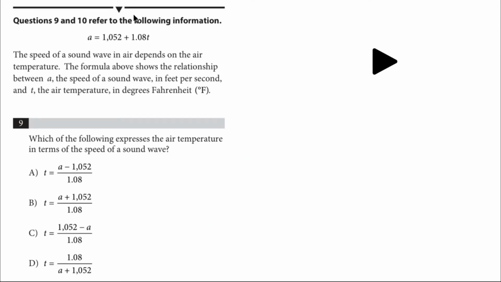Now this is a double problem. That means this information is necessary to solve 2 questions, question 9 and question 10. Therefore, let's look at question 9. a is equal to 1052 plus 1.08